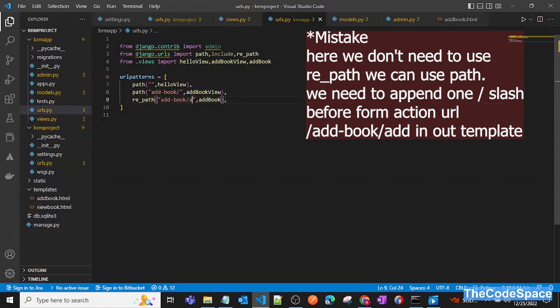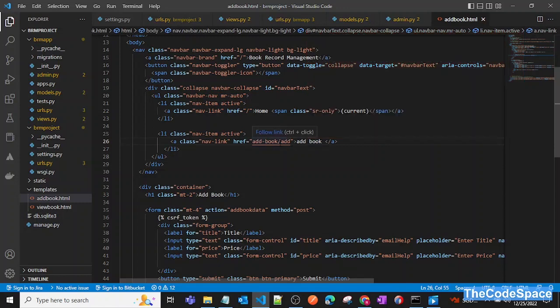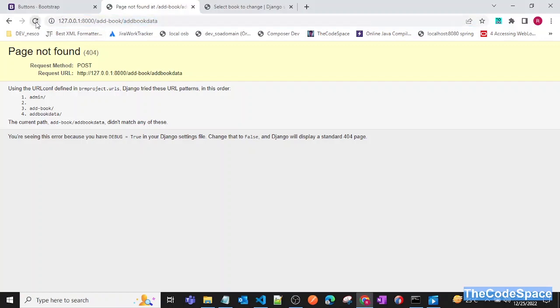So add book slash add I can use. So now I'll say add book slash add, and I can use this. Okay, so now this is fine. So now let's refresh,